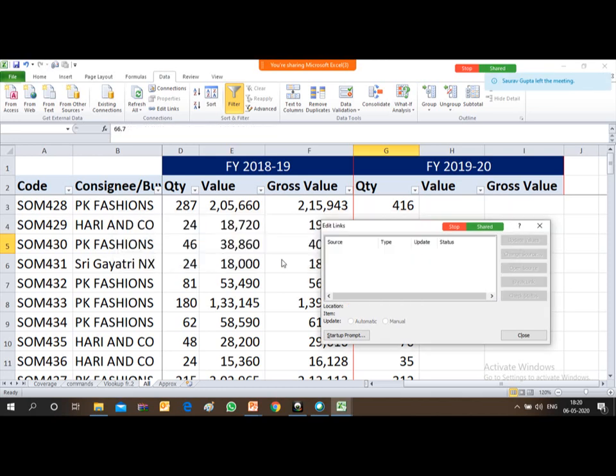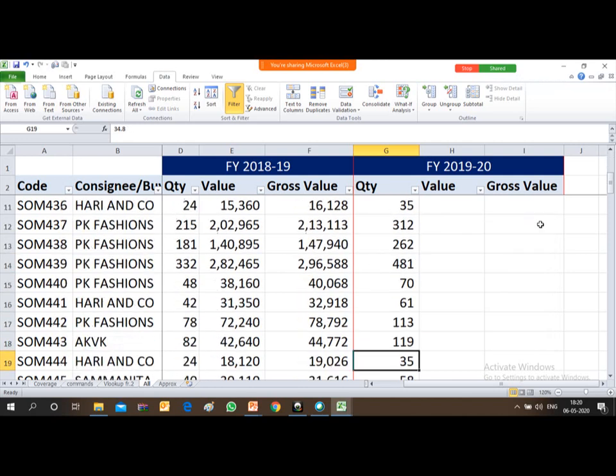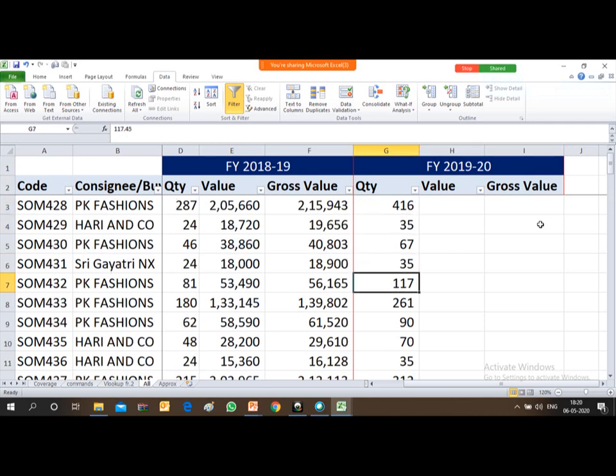Now just press Break Link. After breaking the link, the formula will be cleared and the value will remain there only. Friends, those who are not able to see the Break Link option, while working, go to Data. In Data, there is an option called Break Link.